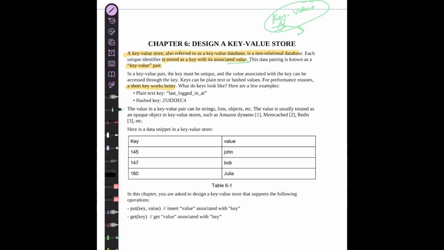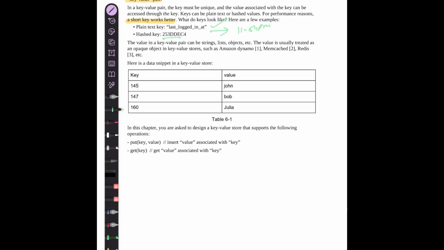The key can be something like storing for a particular user when he last logged in, and the value may be a time value like 11:54 p.m. But since it takes a lot of space to store the raw values and it's not safe also, what we essentially do is we store the hashed key. This can be a SHA-1 hash or whatever. Okay. So this chapter mainly focuses on what all you need to think about when you design a key value pair, and what all algorithms or fundamentals you need to take care of.